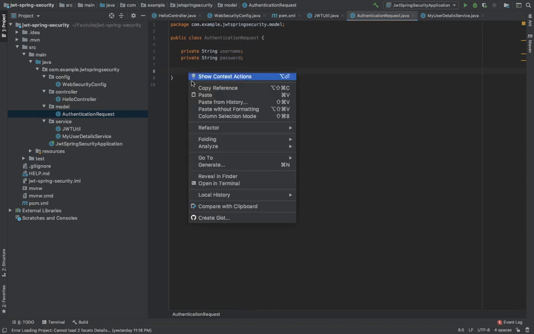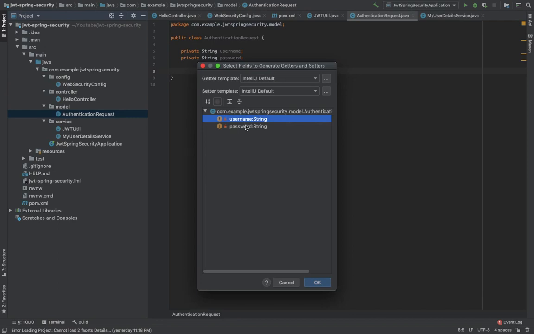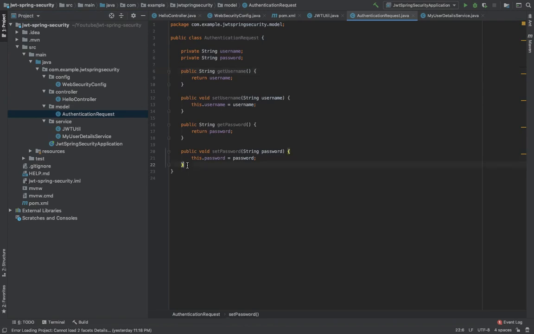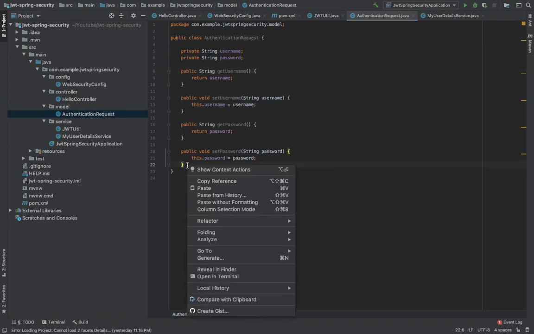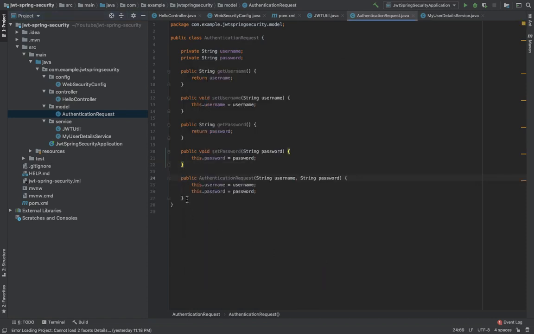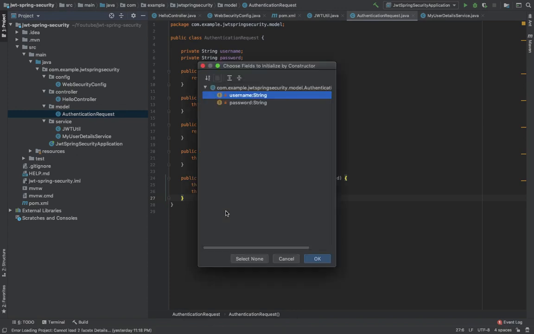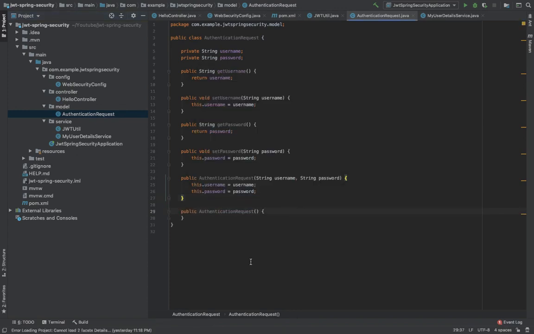Add getters and setters for these variables. And I am also going to add a constructor which contains both arguments, as well as the constructor with no argument. Okay, so our request class is done.